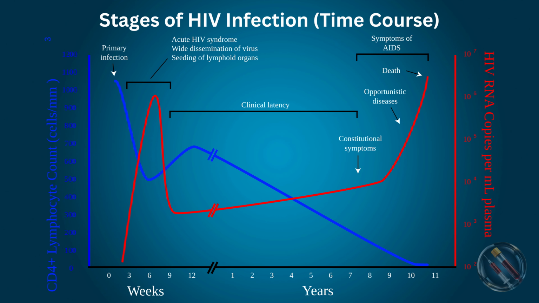Consequently, patients become highly susceptible to life-threatening opportunistic infections such as pneumocystis pneumonia and rare malignancies like Kaposi sarcoma. Furthermore, constitutional symptoms like profound weight loss, chronic diarrhea, and prolonged fevers often emerge during this phase. Ultimately, without aggressive antiretroviral therapy to restore immune function, this profound state of immunodeficiency compromises vital organ systems, leading